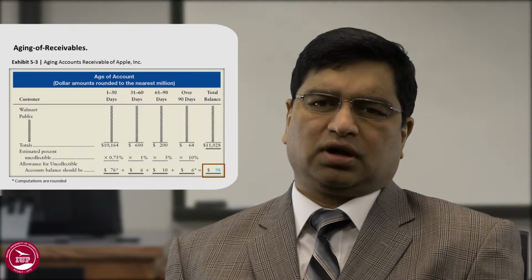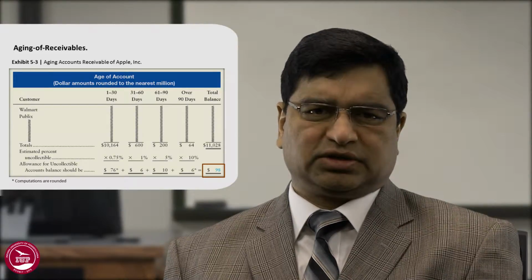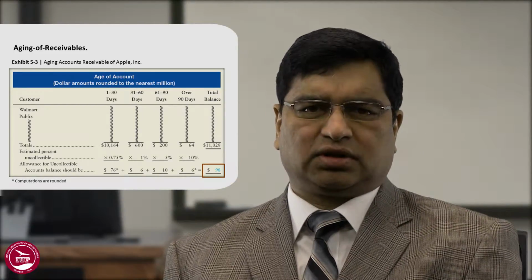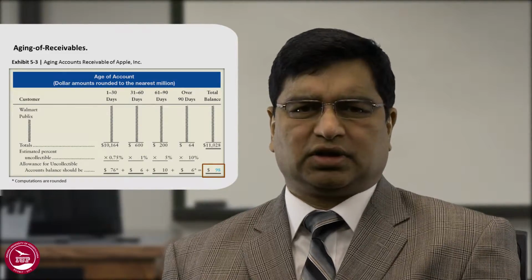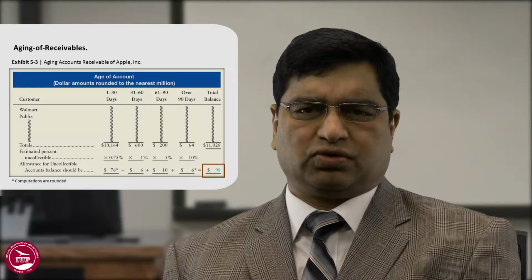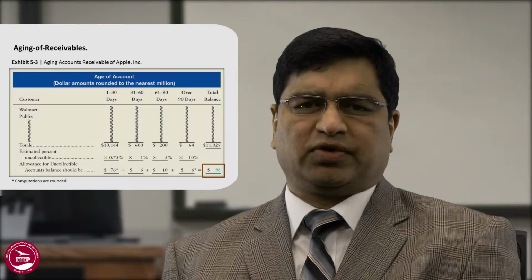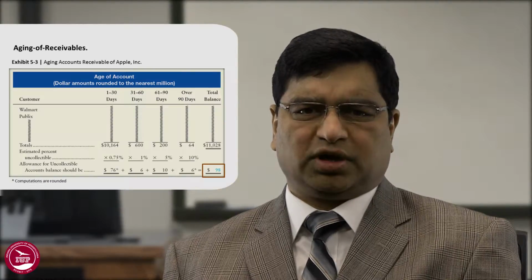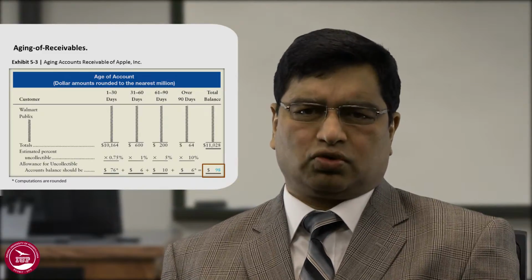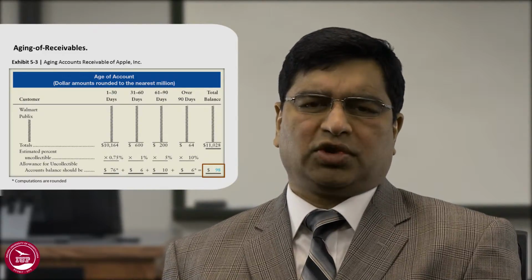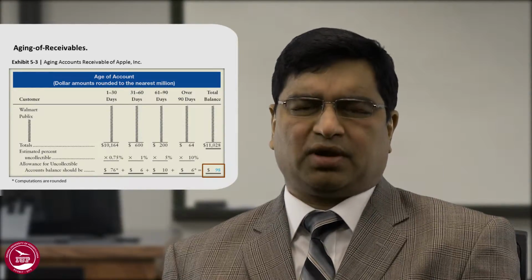When Apple observed the account receivable balances, they found that $101,164 million is less than 30 days old, and over 90 days old is $64 million. Between 61 to 90 days is $200 million. And the assumption is as the debt becomes older, the likelihood of its becoming uncollectible increases,